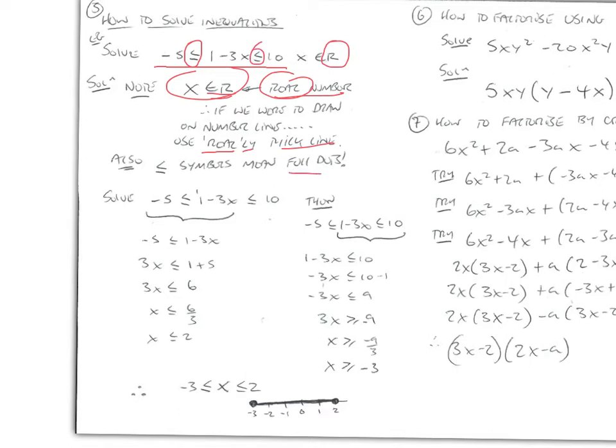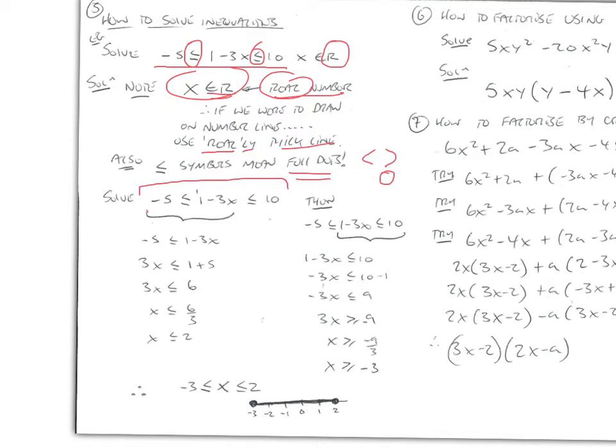and we also have to consider these symbols here are less than or equal to symbols. They signify the use of full dots. A less than or greater than would be open dots when we write our number line. Okay, so let's have a go at solving this. So the whole problem is minus 5 less than or equal to 1 minus 3x less than or equal to